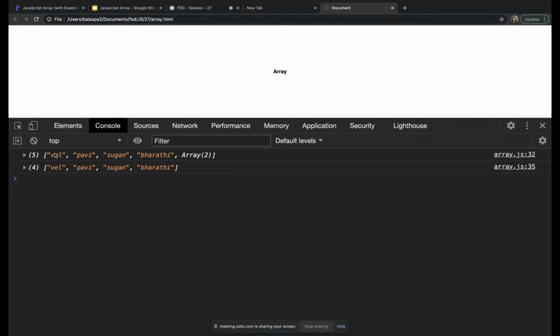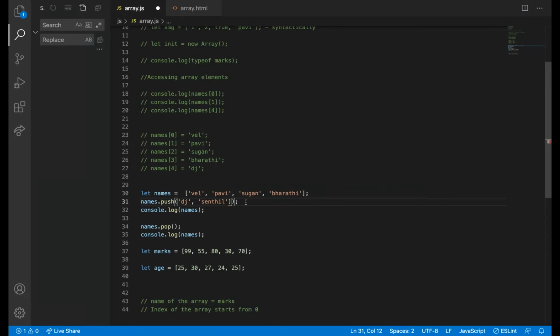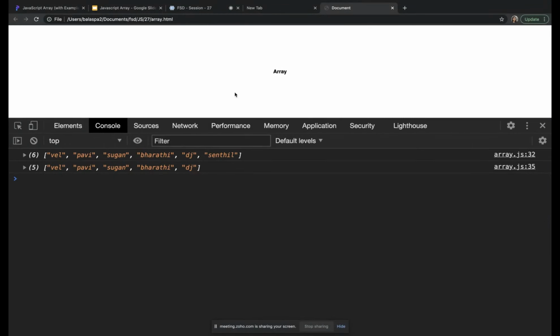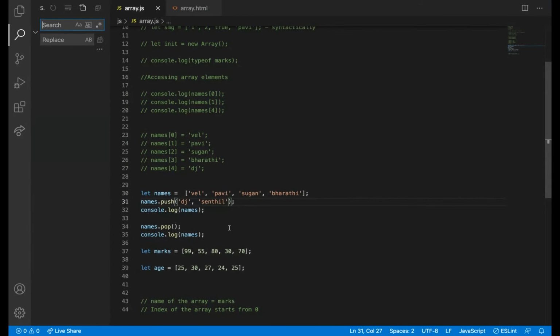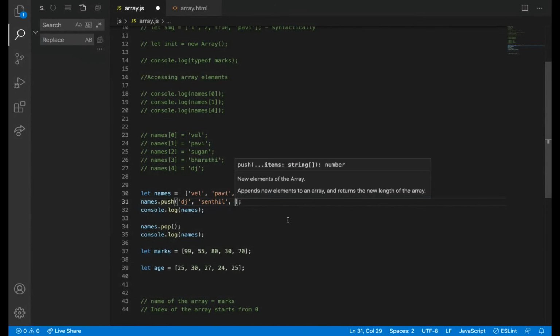Let me check. Okay, I added it as an array, so it added as an array. So for now, don't get confused with that. I'm just adding 2 names to it, DJ and Sandil. I can add how many names I want.